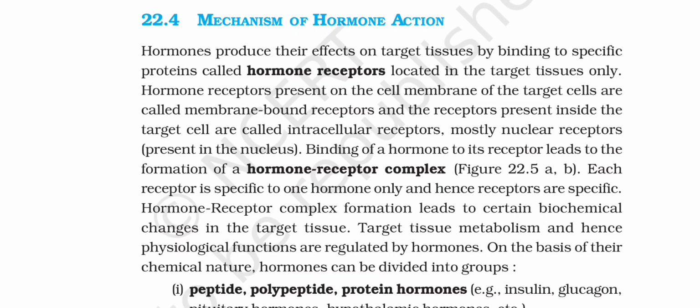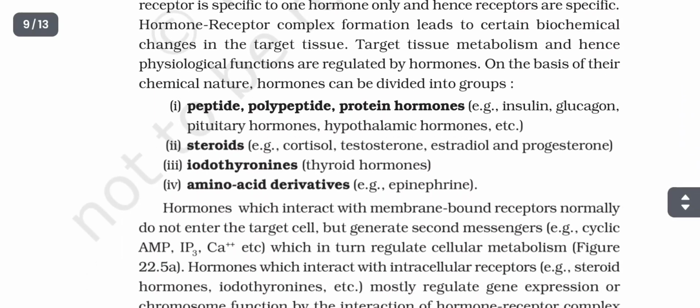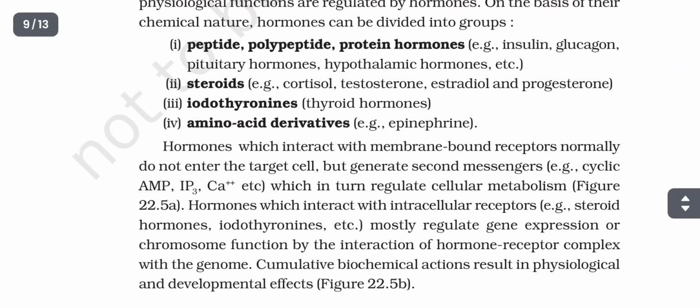Binding of a hormone to its receptor leads to the formation of a hormone-receptor complex. Each receptor is specific to one hormone only, and hence receptors are specific. Hormone-receptor complex formation leads to certain biochemical changes in the target tissue. Target tissue metabolism and hence physiological functions are regulated by hormones. On the basis of their chemical nature, hormones can be divided into groups: peptide, polypeptide, protein hormones, for example insulin, glucagon, pituitary hormones, hypothalamic hormones, etc.; steroids: cortisol, testosterone, estradiol, and progesterone; iodothyronines: thyroid hormones;